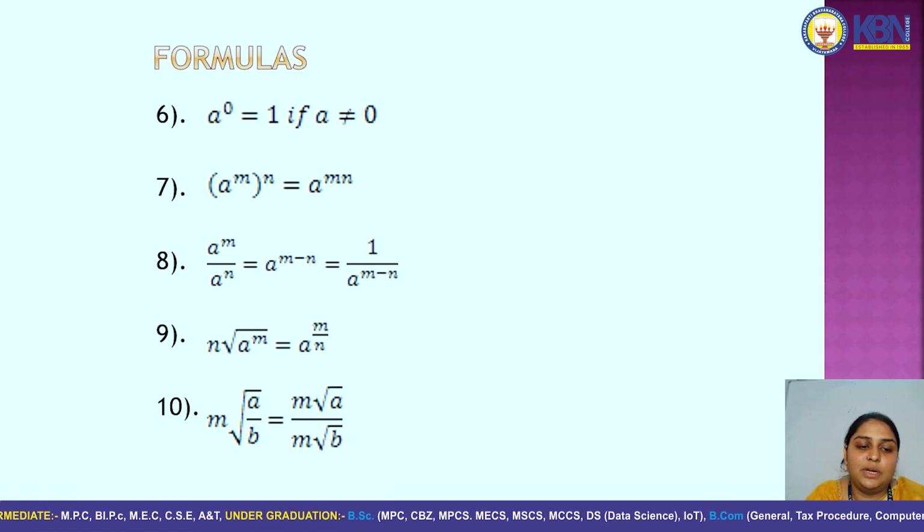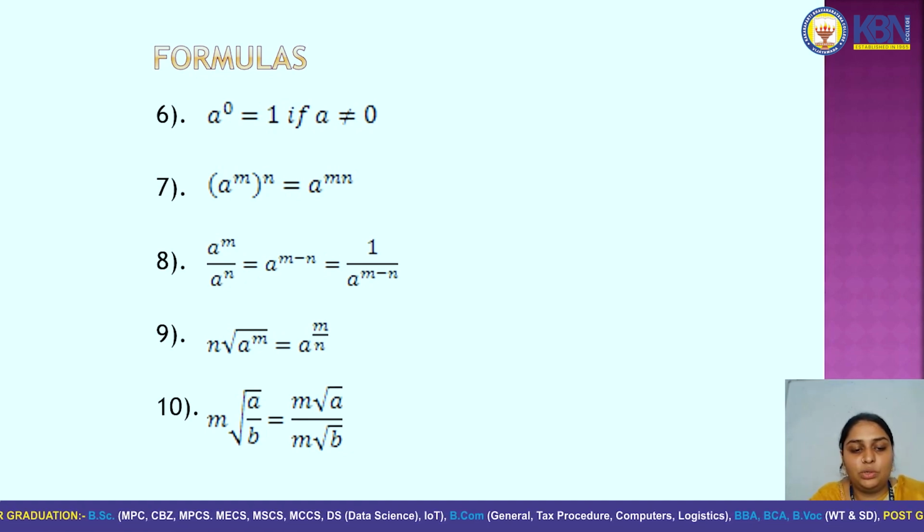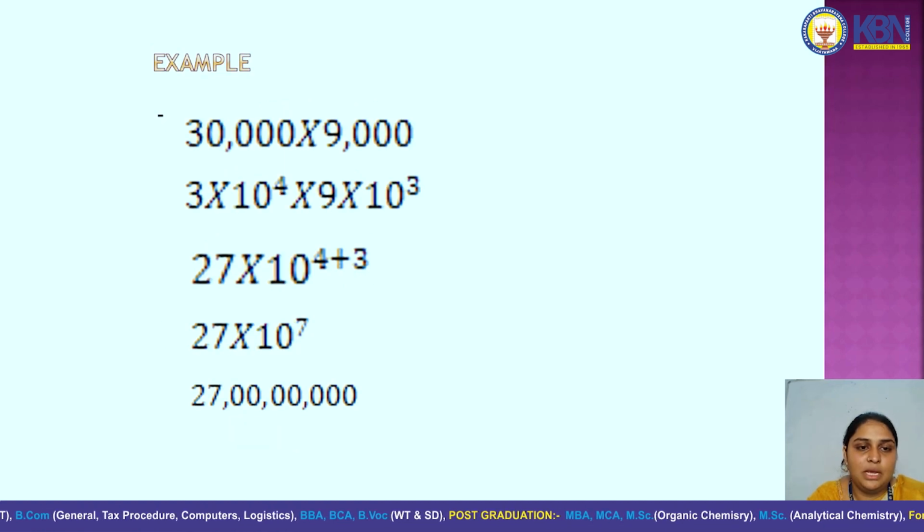And next one is the n-th root of a^m, which can be written as a^(m/n). Now next one is m-th root of a/b, that can be written as m-th root of a by m-th root of b. By using these formulas, we can also solve the problems in the next section also. Here we have an example,